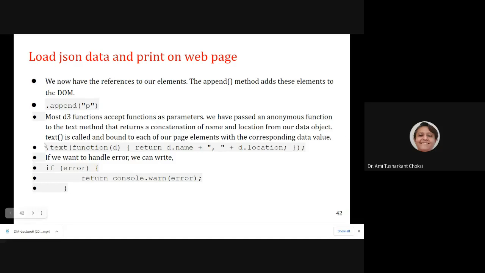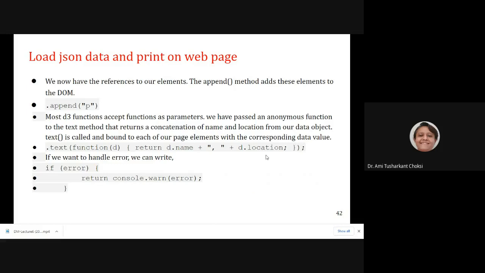Using the dot text function, then function of d. Whatever data is coming to it is received in the d variable. Then it returns the concatenation of d.name and d.location, which is already there in the file.